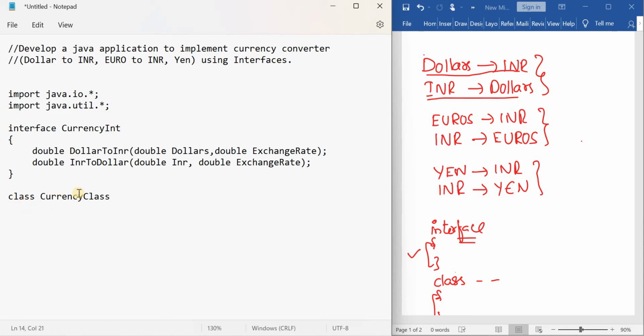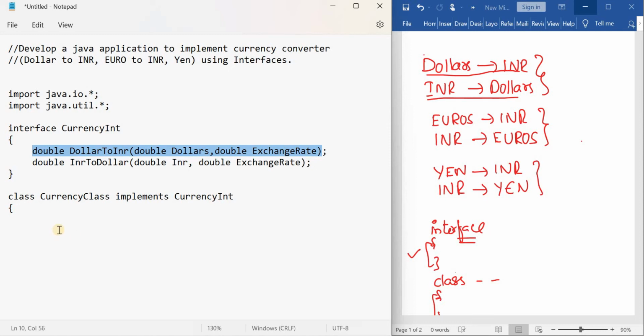Okay, and this class is going to implement this interface, right? So the keyword I'm going to use is implements. What is the interface name? CurrencyInterface. So just copy that and paste it here. Now open this class. So now we have to provide body for this first method.